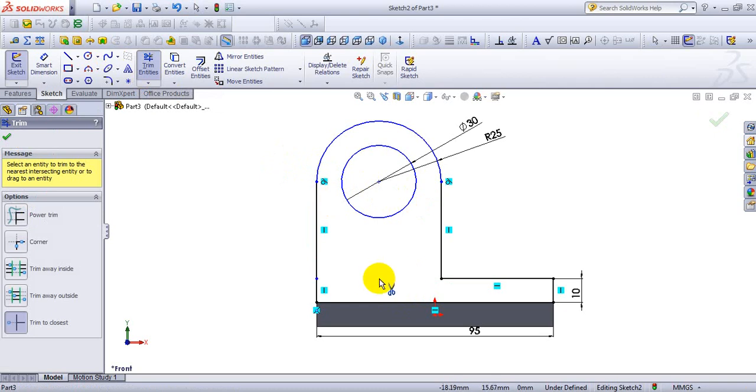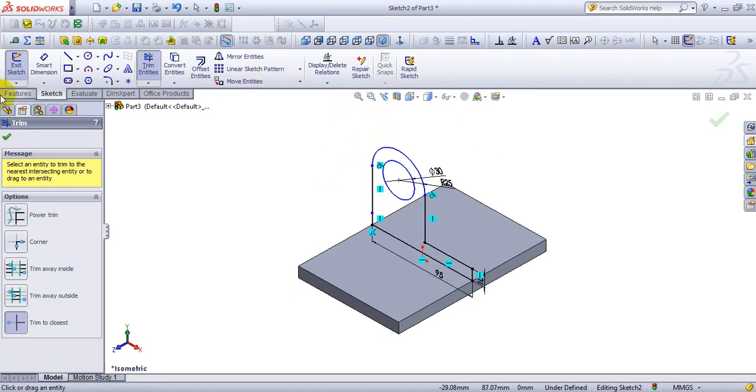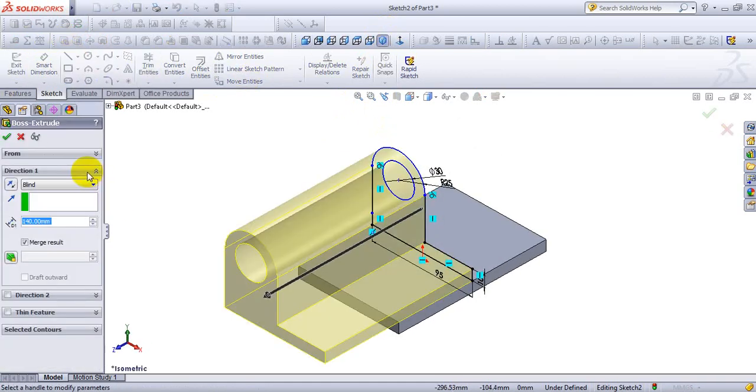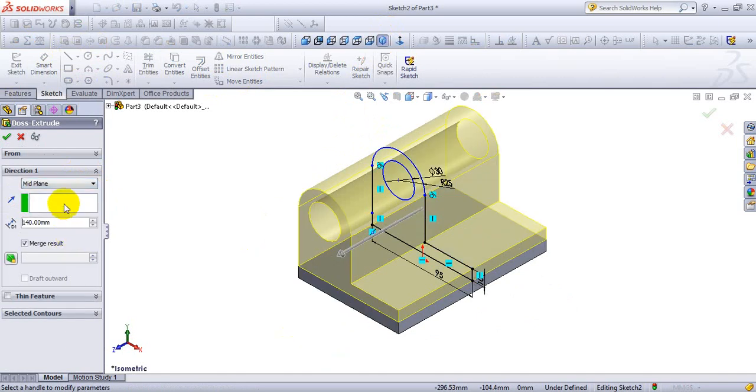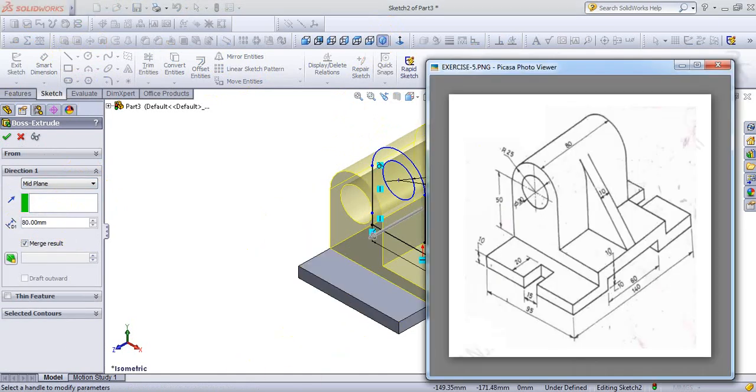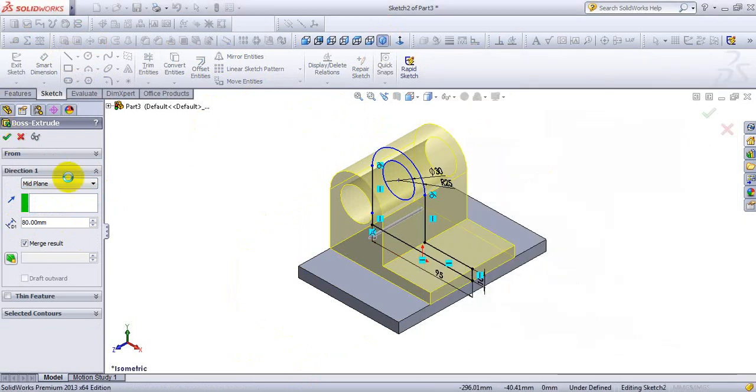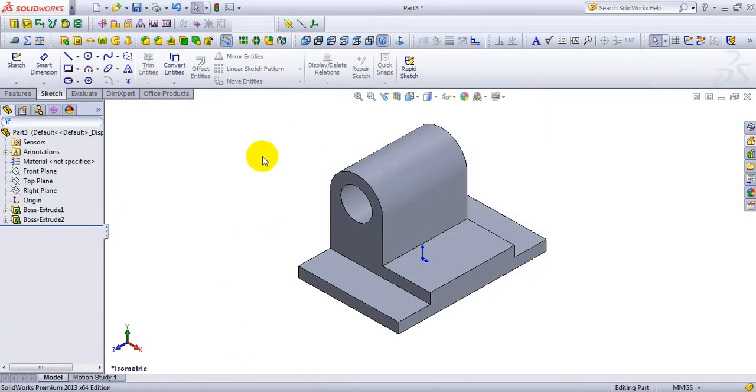Okay, we have to trim twice because we have taken two rectangle commands, so there will be two lines overlapped one over the other. Select isometric view. Now select command extruded base, mid plane, and give it as 80 mm. See here it is, width is 80 mm. Select OK.